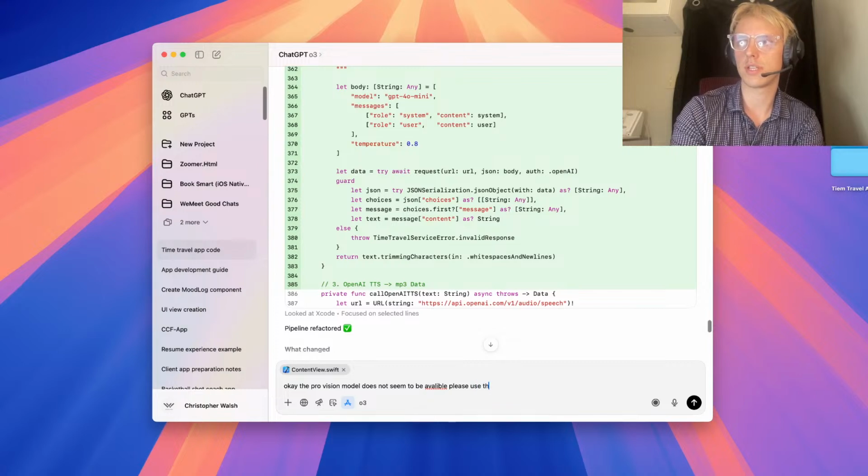Please use this model for the same use case to get a